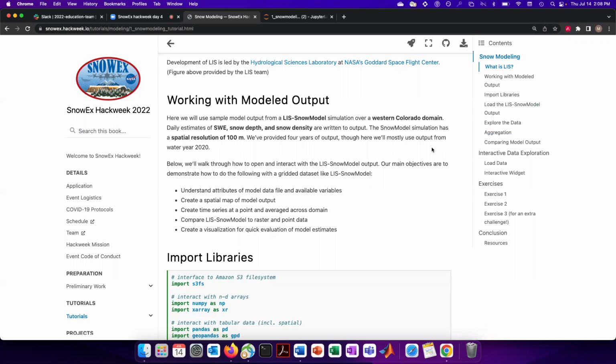Yeah, so this is an example of the LIS Snow Model at 100 meters. I would say we've probably tested it down to maybe 30 meters. Madi, I'm not sure how fine a resolution you've run Crocus. 100 meters. Yeah, the challenge we're finding now with 100 meters and when wanting to run large domains is meteorological